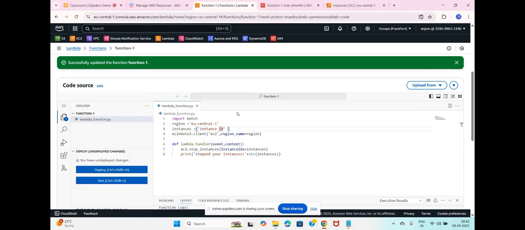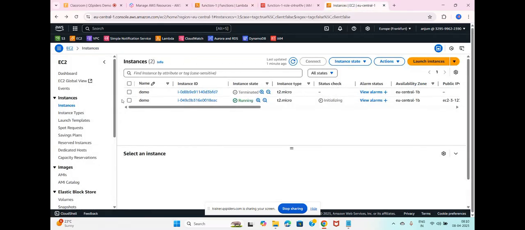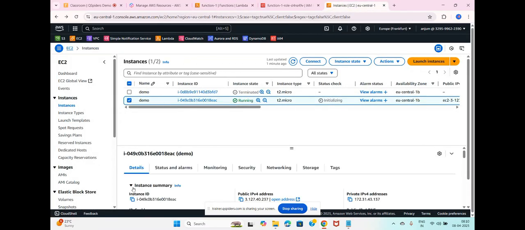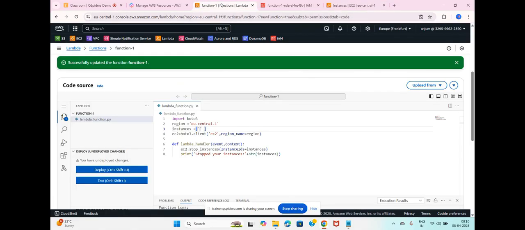Just change the region and the instance ID. That's it. Don't make any changes apart from that. Go to Lambda, paste your instance ID, and deploy this.